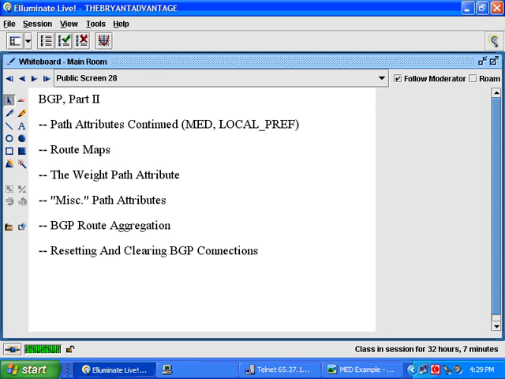I have listed the remaining path attributes as miscellaneous, but do not confuse that with unimportant, because they're not unimportant. We are not going to go into them in the depth that we've gone through local pref and MED and weight and some of the other attributes from the other lesson. But they're still important. You need to know about them for the BSCI exam. You need to know about them if you're ever going to work with BGP in a production network. And you also need to be introduced to them now so you can master them down the road